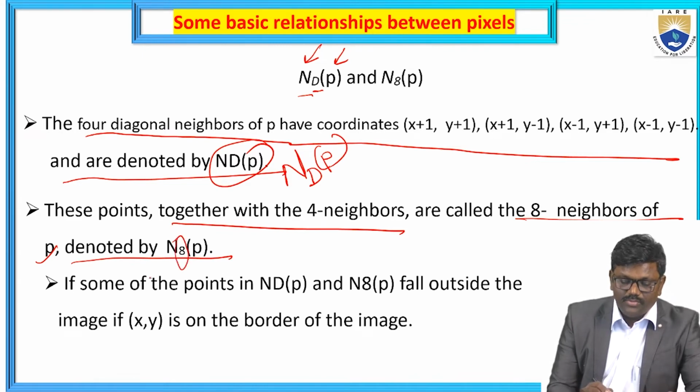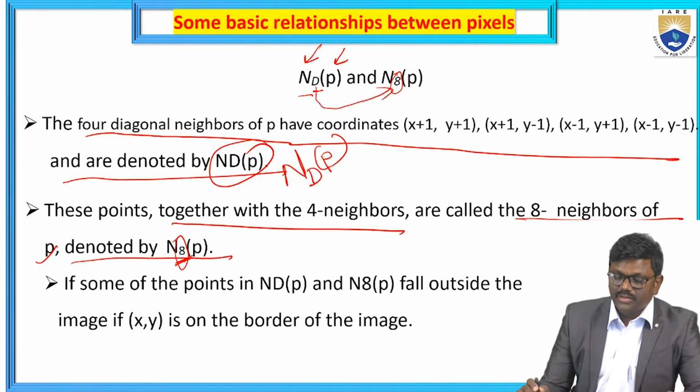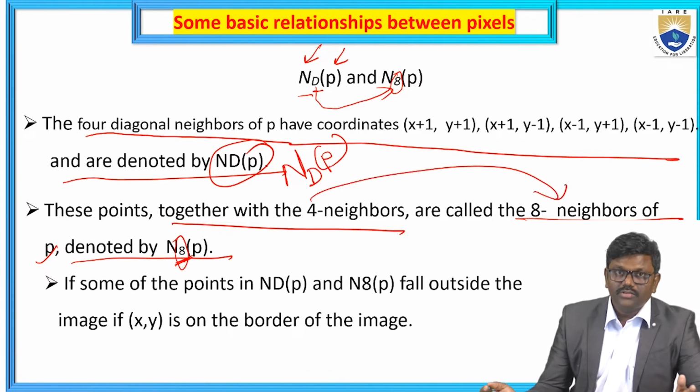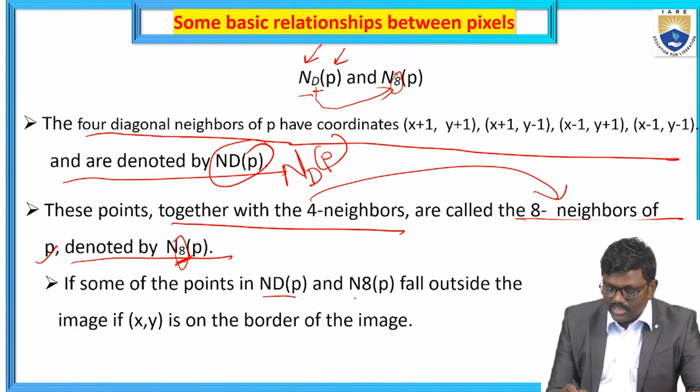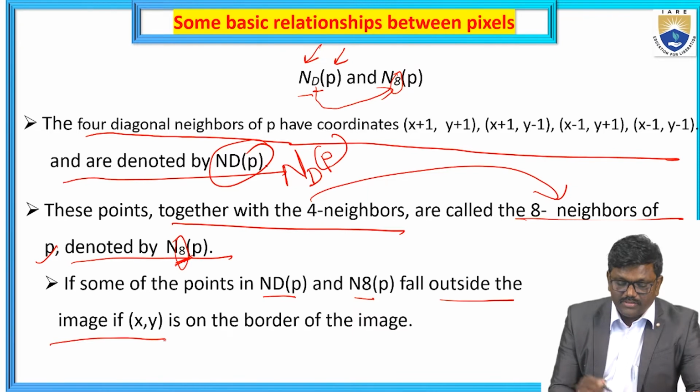What do you mean to understand by the letter here? It is nothing but 8. Okay, so not G. It is nothing but 8, n suffix 8 of P. So what you understand here is that we change these diagonal neighbors to n suffix 8 of P. So how can we change the 4 to 8? Because we are going to change the points of n suffix d of P to n suffix 8 of P, and some of them all fall outside the image